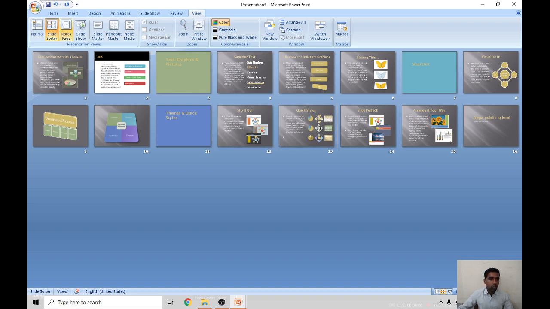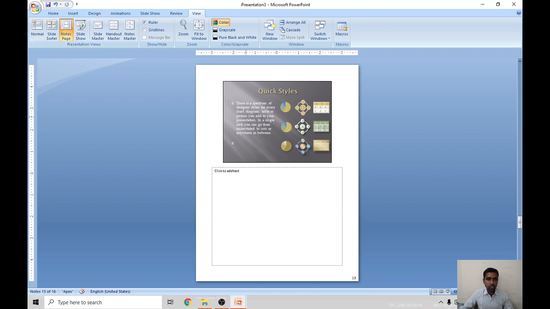Next we will move to the note page view. What is note page view? In the note page view, related to the slide, you have to write some notes. If you do a presentation, for someone to understand that slide, you have to write some related notes to the slide. This slide is related to what? For example, this slide is related to school, so you have to write here school. If you write a note to the slide, that note will not be displayed on your full screen. When you make a presentation in full screen, in the slideshow this note will not be displayed. This is only for your reference.